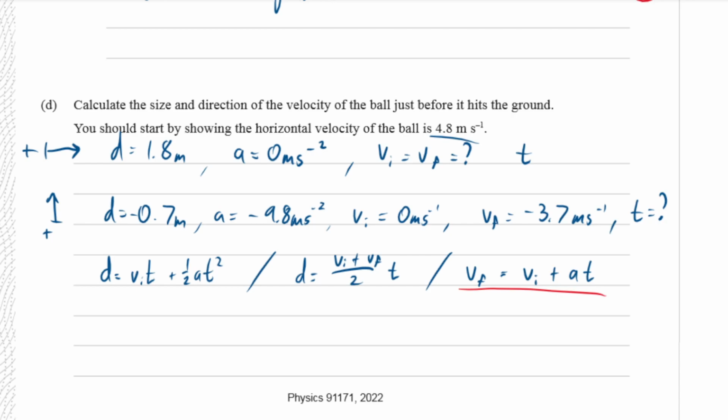So substituting in what we know, Vf is negative 3.7, Vi is 0, plus a times t. A is negative 9.8 times t. Solving for t, well, 0, we don't need to worry about that, so I'll just get rid of that. And to get t, we will divide both sides by -9.8. So t equals -3.7 divided by -9.8, which gives us